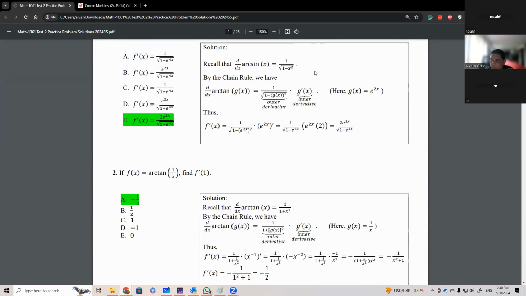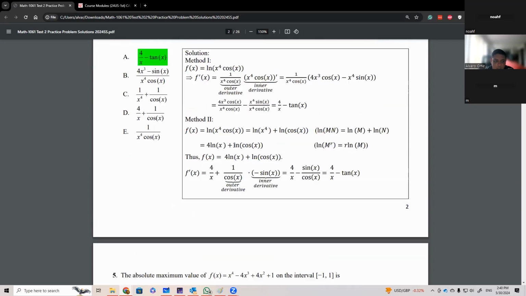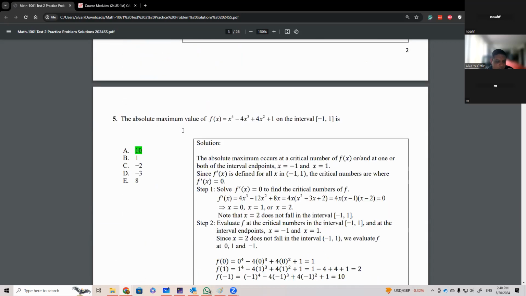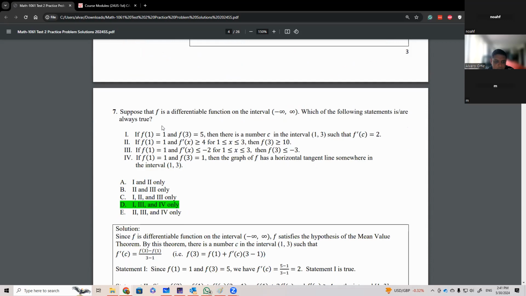Could you do 4.2 mean value theorem? Any particular question, or are you talking about the section? Just examples of it. That's the only topic I'm really struggling with. Everything else is pretty clear.